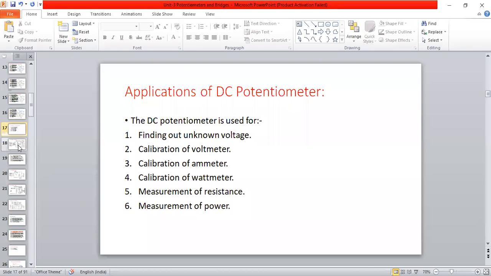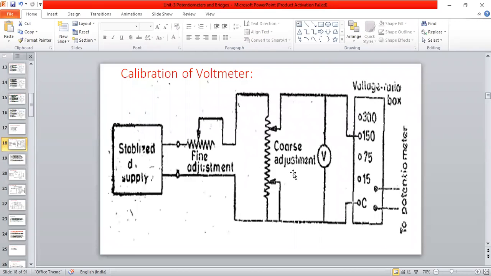So some circuits they have given here now. There is no explanation for this circuit. This is stabilizer supply we are going to do. To set the current we are doing fine adjustment. Like a dial switch we have used this one, not a slide wire adjustment here now. So coarse adjustment we have to do here now. We can take the switch here now, any turns we can take.